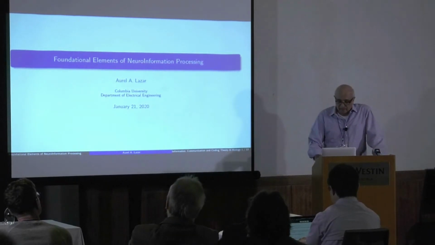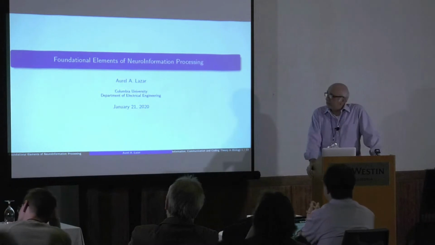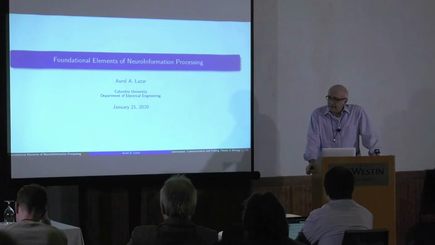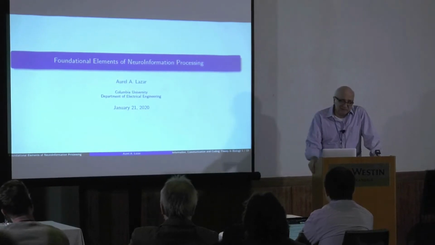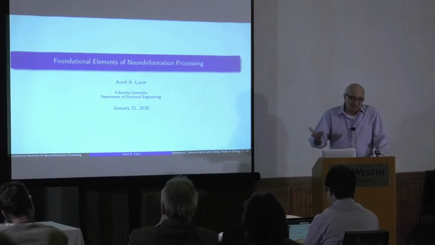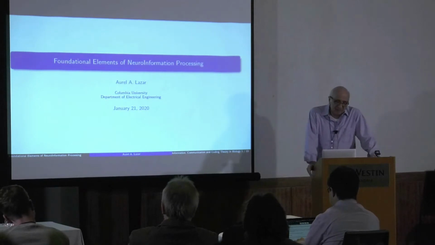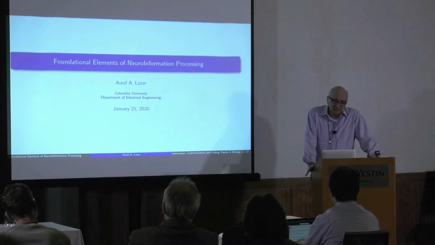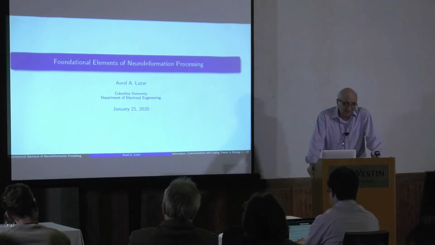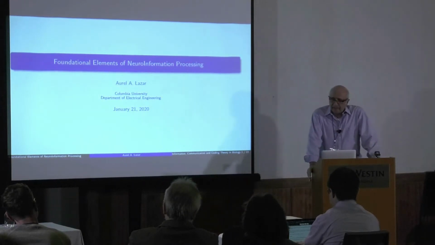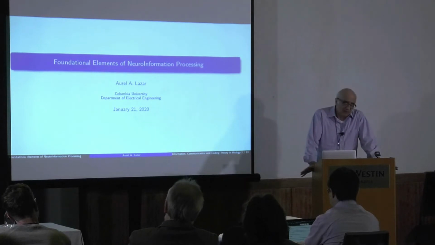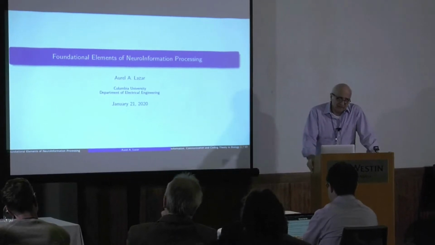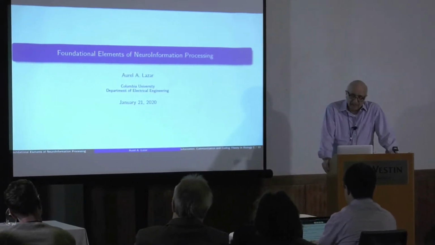Okay, so just to give you a sense of my background, I spent some 15 years in information theory, communication theory, control theory, but mostly actually in computer networks, what is called today the internet. I was away from Columbia for 3 years. I had a startup, and when I came back, I decided to switch fields, and I got into essentially computational neuroscience by way of information theory and signal processing.